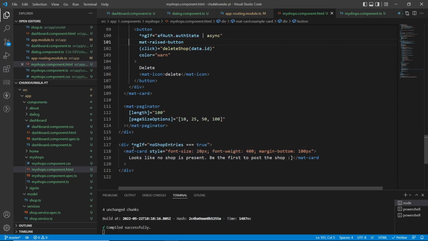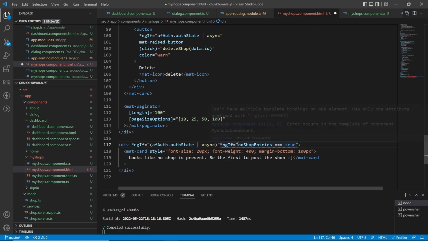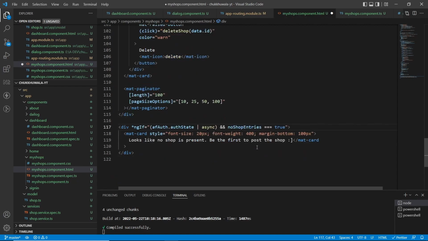And I will also add this ngIf condition here. So basically I'll be merging these two. So I'll say and no shop entries is equal to true. If there is no shop here, then I'll say that the user has not added any shop. Okay,